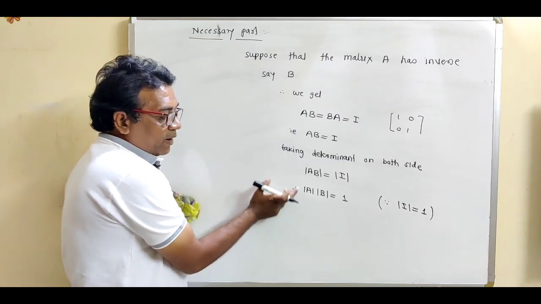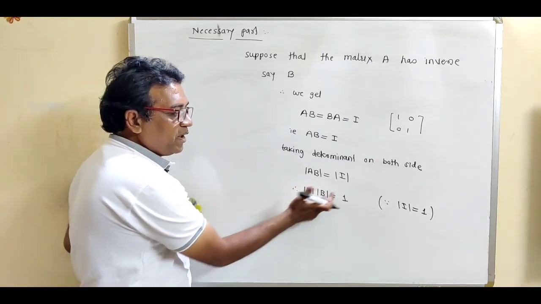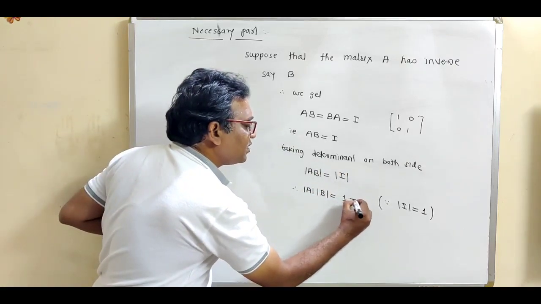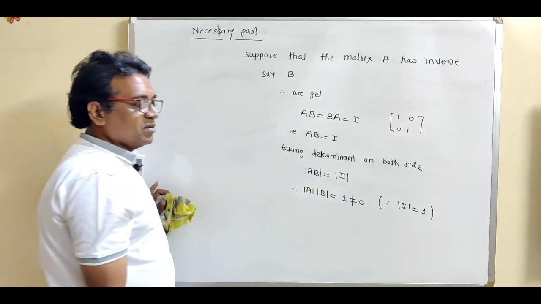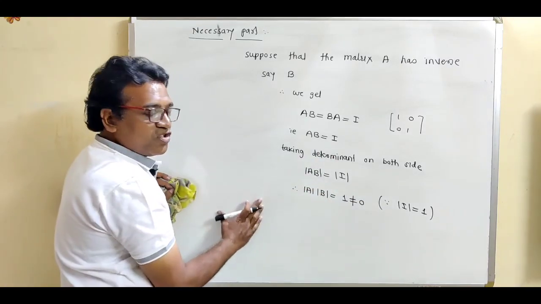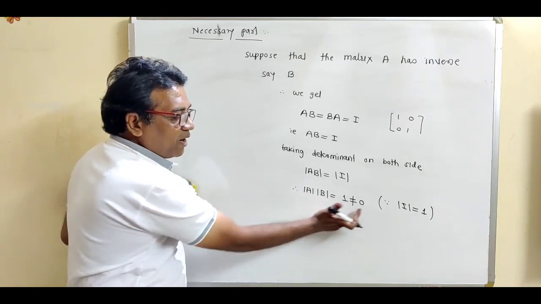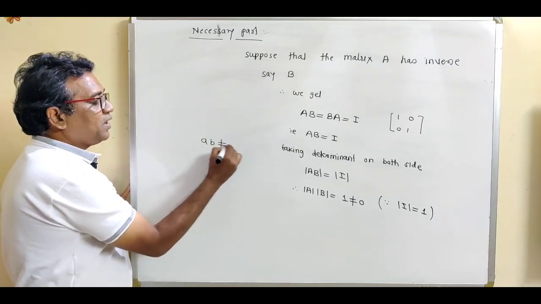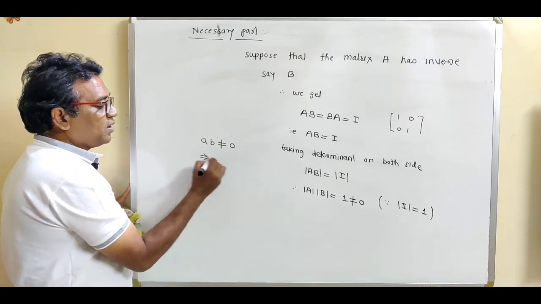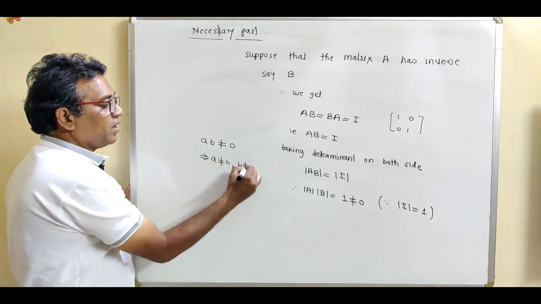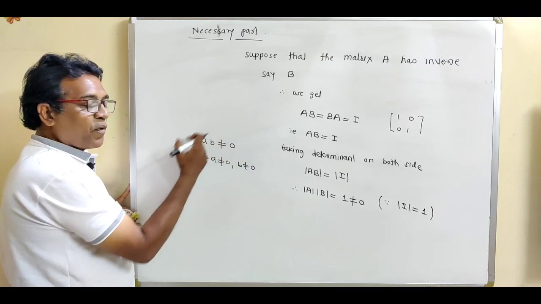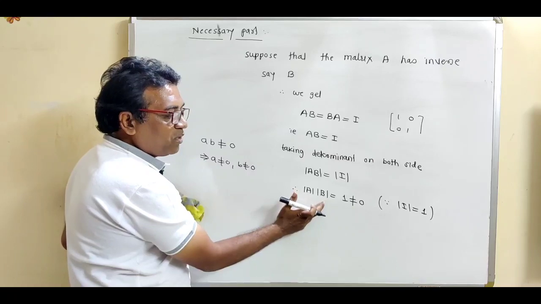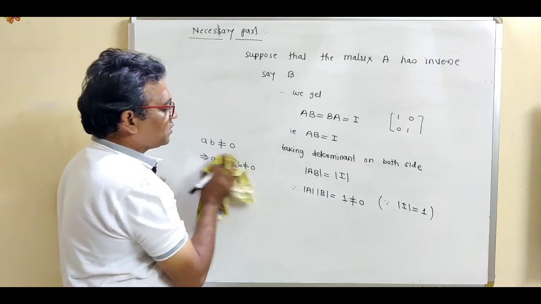So what we get? Determinant A into determinant B, this is 1. Determinant of identity matrix, which is 1, and 1, this is the non-zero number. So right here, this is the non-zero. So see what is this condition? The product of two terms, it is non-zero. So this is the result. If the product of A and B is non-zero, so obviously both the terms are non-zero. If suppose one of the terms is 0, then obviously the product is 0. We have this condition that product of two terms is non-zero. So obviously both the terms are non-zero.